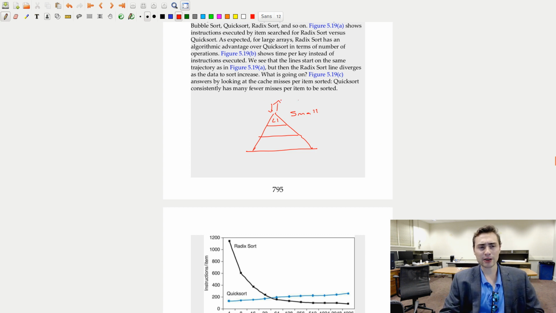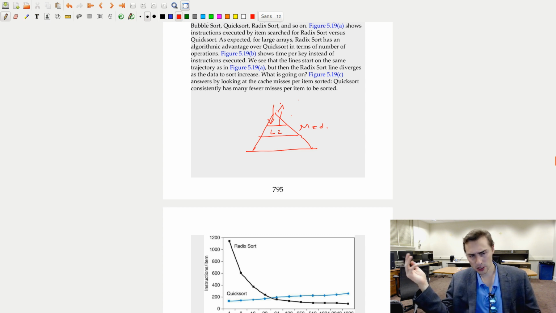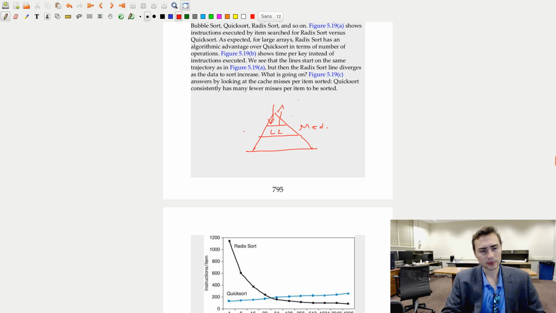Now, if we have a bit more data that won't quite fit in the L1, we don't want to pay too much of a price. We might eat the penalty of missing in the L1, which isn't bad, and then we'll just go to the L2. So still not bad. And then if we have a very large amount of data,